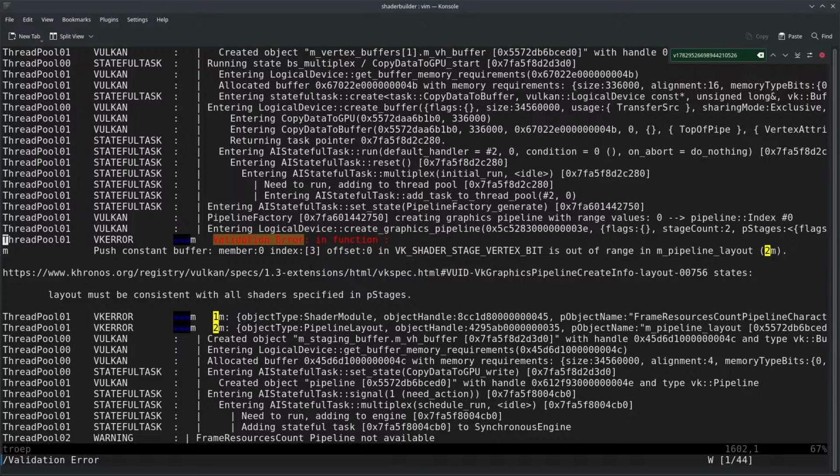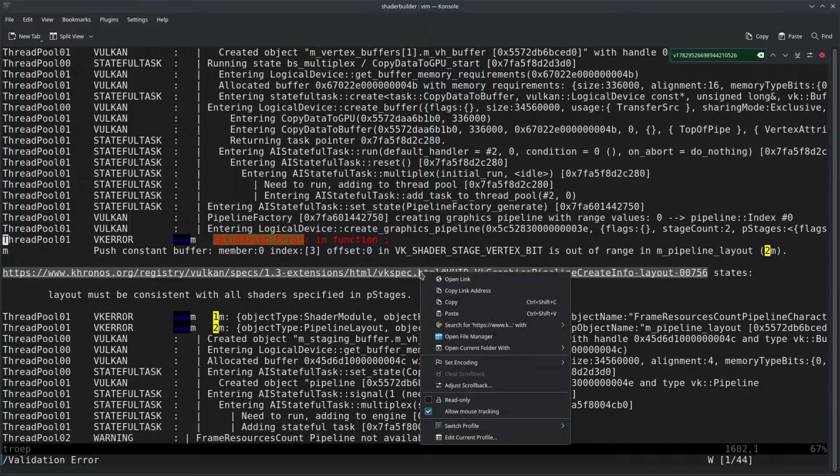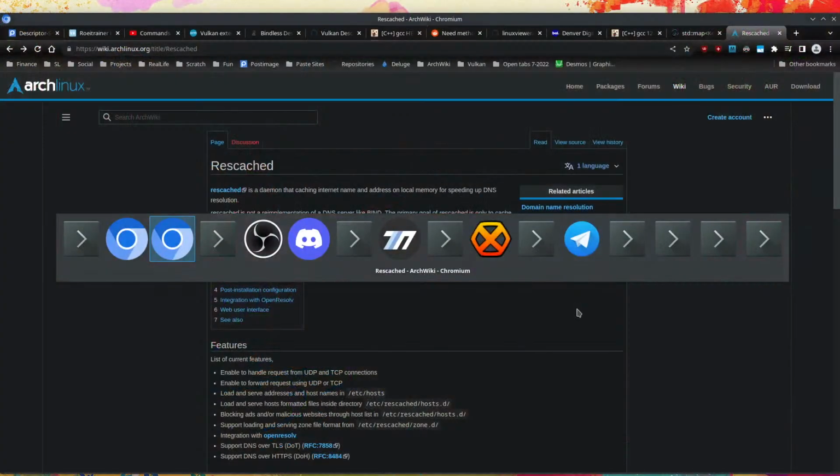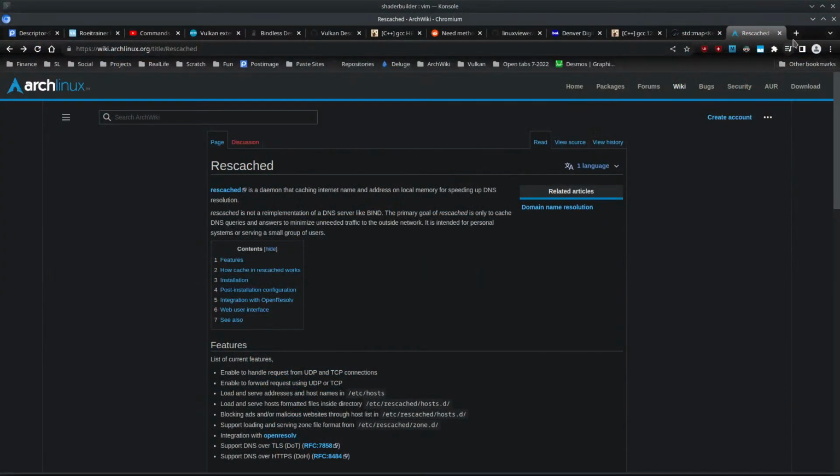So I have to try and find that back. Okay, now I could follow this URL, which might point us to